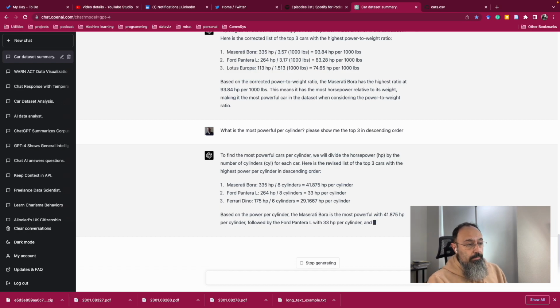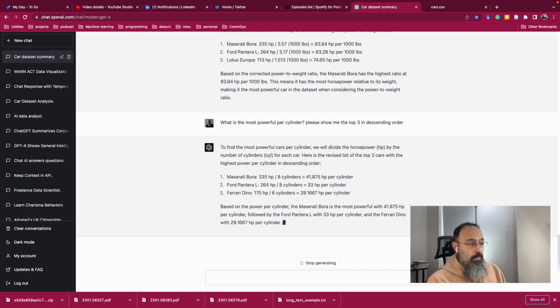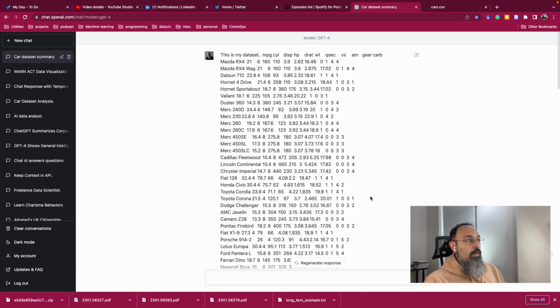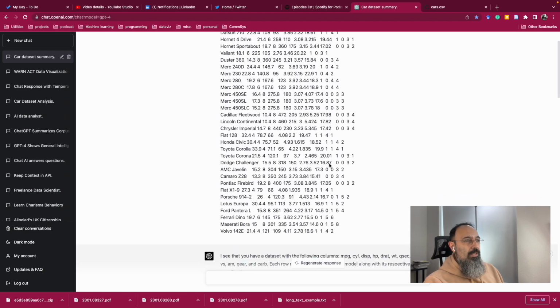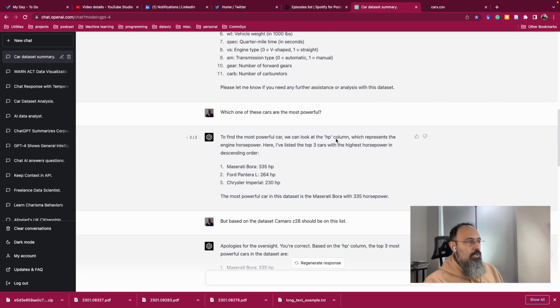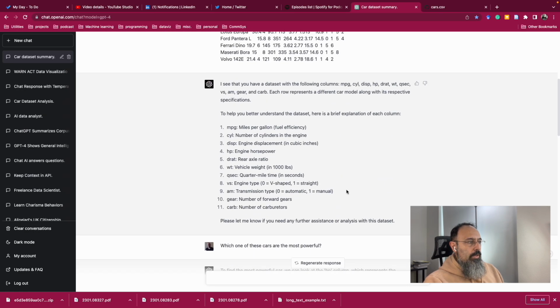But what we learn here is that definitely you can use it. You can use ChatGPT 4, especially if you have a data set that you don't know the columns of and you are not sure about them. It can give you a really nice explanation of what they are. Like, I didn't know what drat is, but it says rear axle ratio.